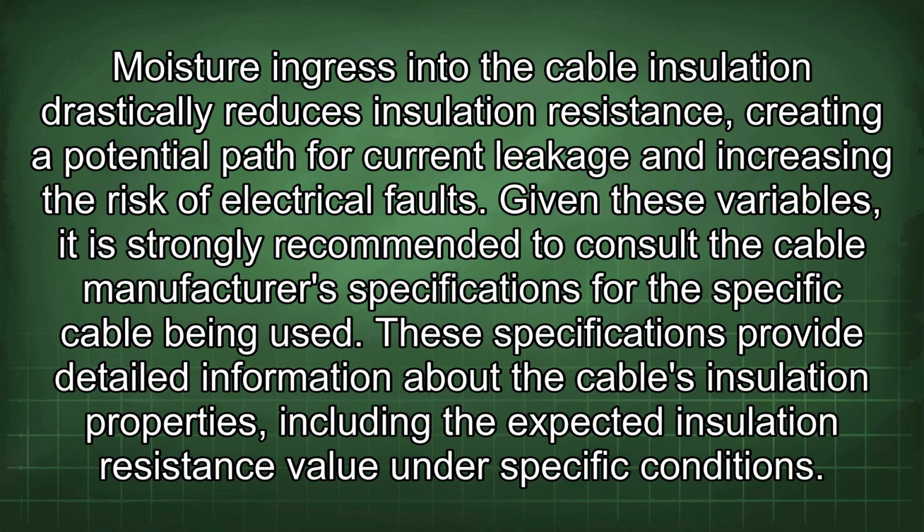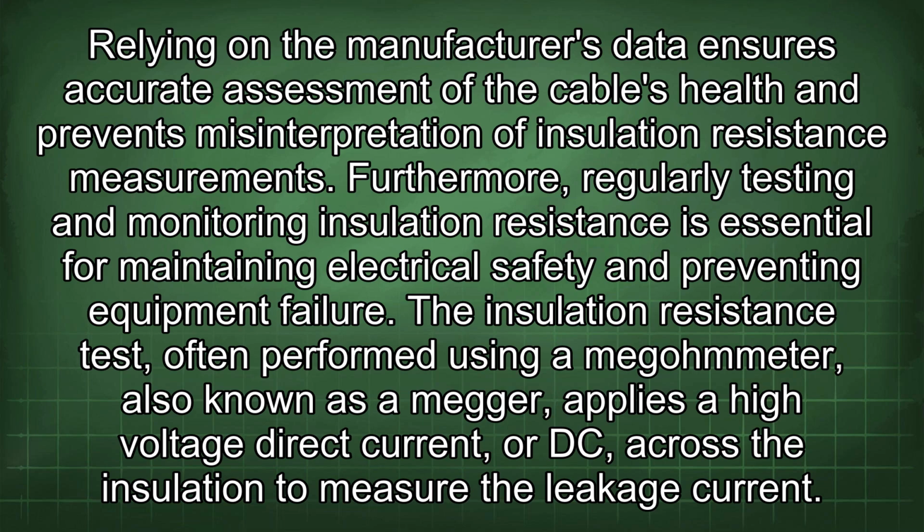Given these variables, it is strongly recommended to consult the cable manufacturer's specifications for the specific cable being used. These specifications provide detailed information about the cable's insulation properties, including the expected insulation resistance value under specific conditions. Relying on the manufacturer's data ensures accurate assessment of the cable's health and prevents misinterpretation of insulation resistance